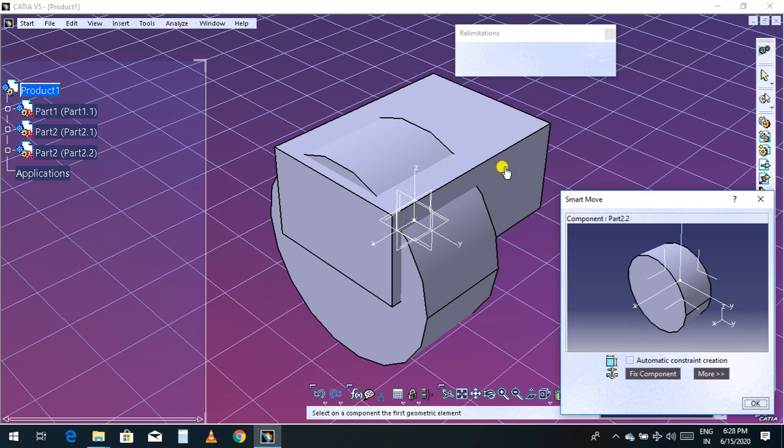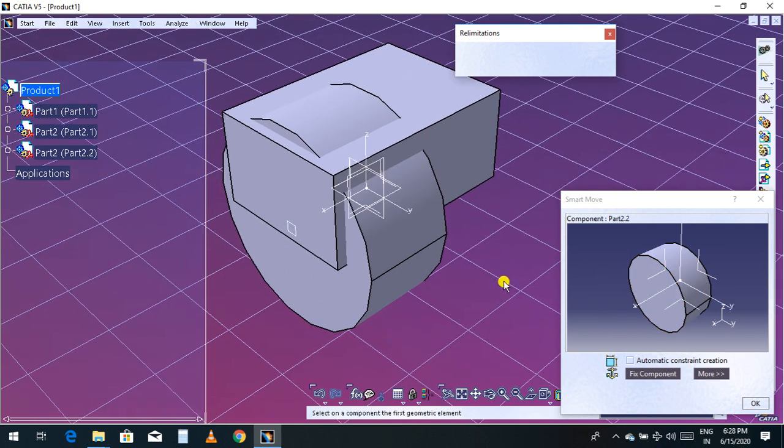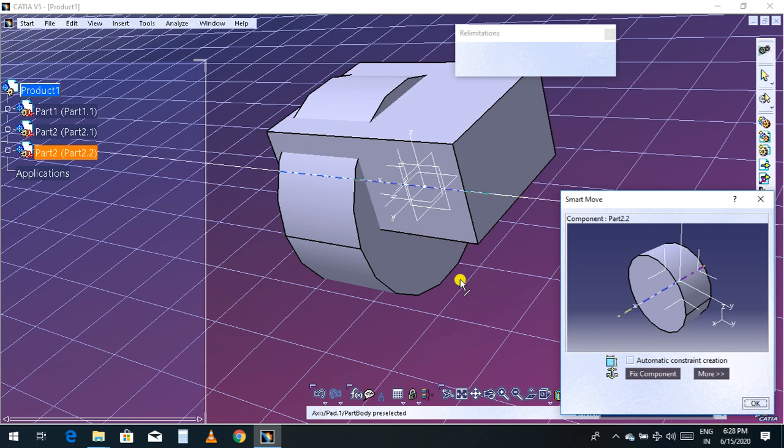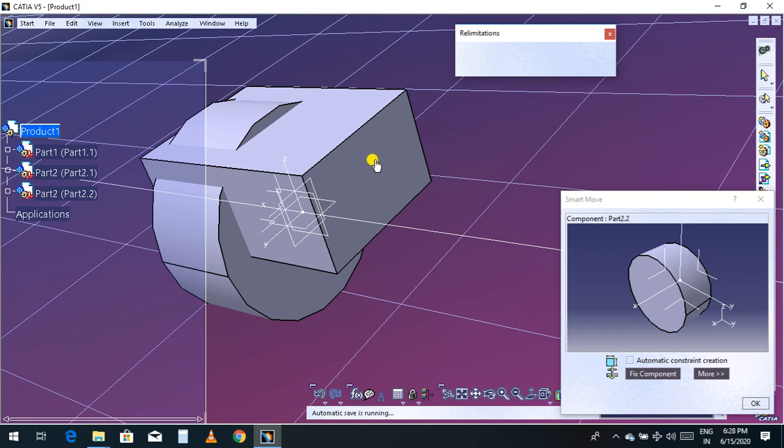So now this is the one part and this is the second part. Now you can choose the position and surface and you can attach. So let me rotate. Now I'm going to attach on this surface. Select this surface.